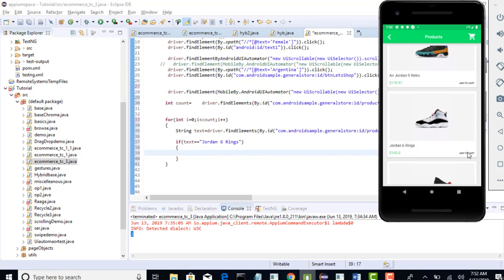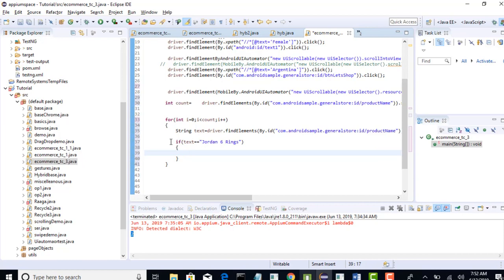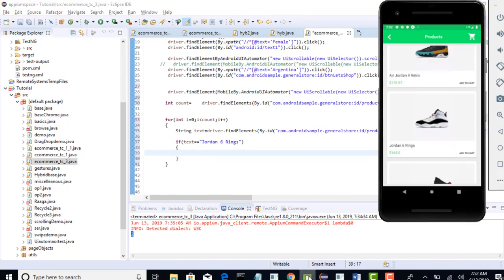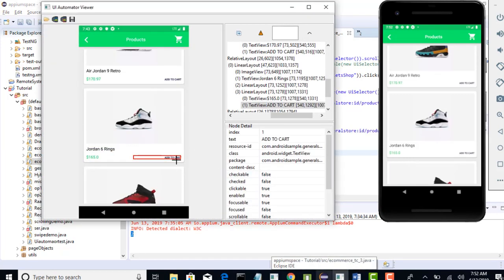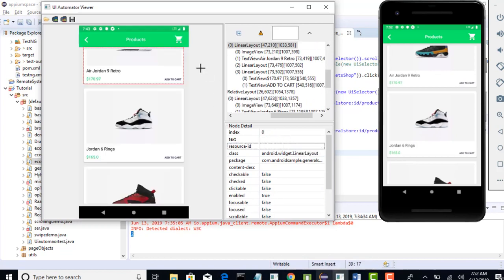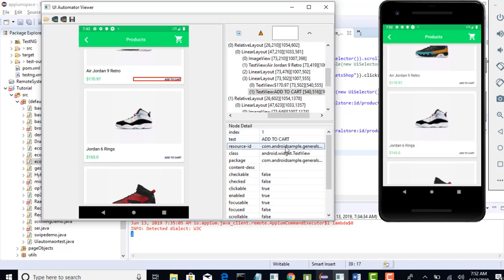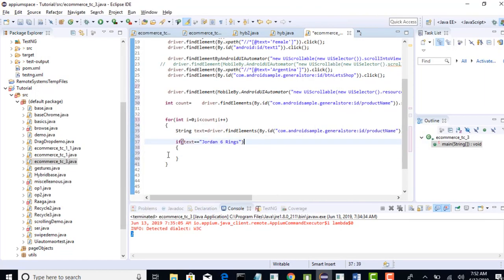You need to click on this add to cart button. So you are very clear that it was in the first index, not in the 0th index. So this logic is telling you that you are not in the 0th index. Now whatever index you go inside this block, for that index, I will click on the add to cart button. Okay, now when I spy this add to cart, the ID is add cart. It will be the same for all, isn't it? For this also it will be add to cart only, but